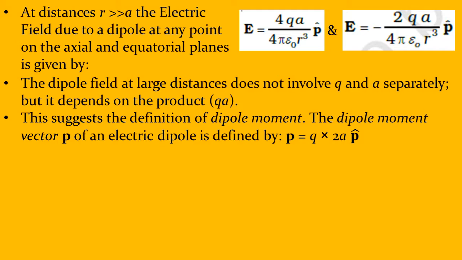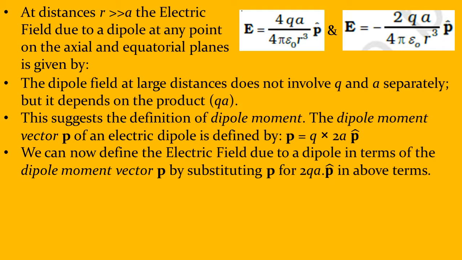When you studied in 11th class, you studied moment of the couple, or in the 9th class also you studied the moment of the couple. There were two forces of equivalent magnitude acting in opposite directions at a certain distance between them. And the moment of the couple was force into the distance between the parallel forces. Similarly, the dipole moment is the charge into the distance between the two charges, multiplied of course by p hat, which gives direction to this dipole moment vector.